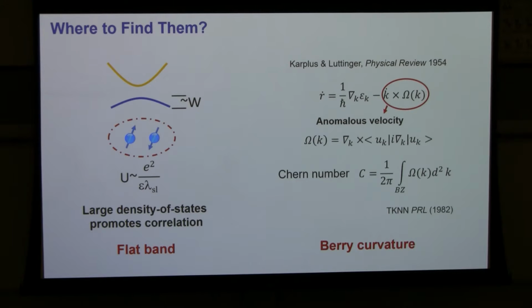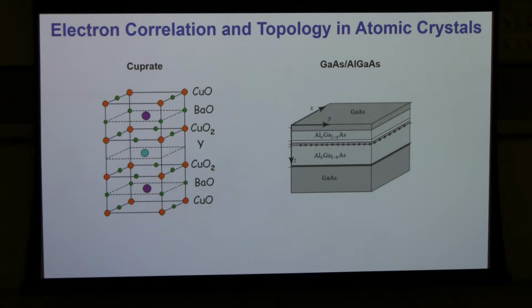Okay, so these are some very general lore, and it has been a question for experimentalists what material you get to show this ingredient and possibly show the emergent phenomena. And we know that you can grow crystals, okay? We rely on the chemical bonding between atoms to form crystals that may give you a flat band, a Berry curvature. That's one way of getting such kind of phenomena.